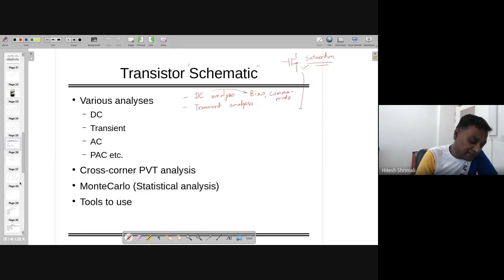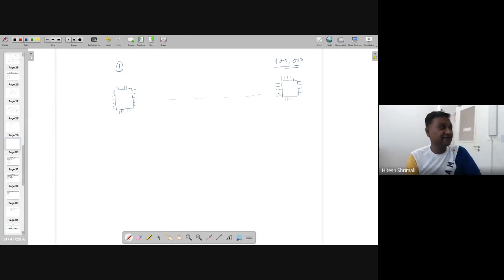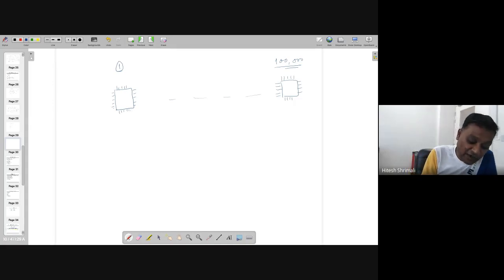But the challenging part is, look, when you are making this IC, let's assume that this is an IC which you made. This IC I made one, but I need almost 100,000 such ICs, which have to be identical. The performance has to be identical. So who will give this guarantee? It's not possible, right?